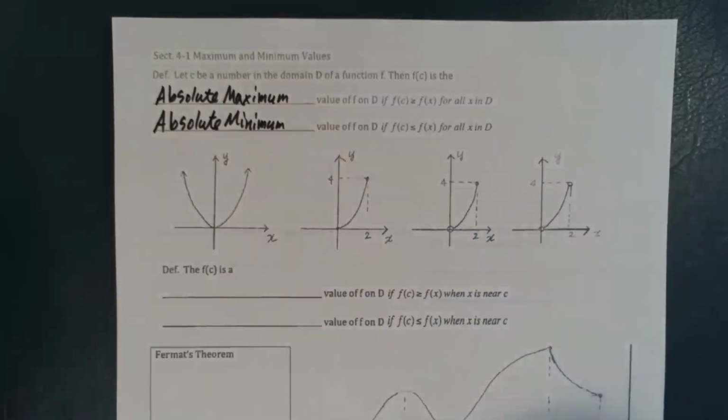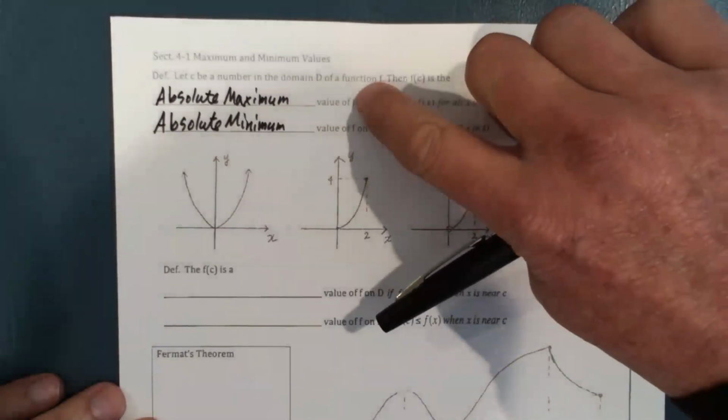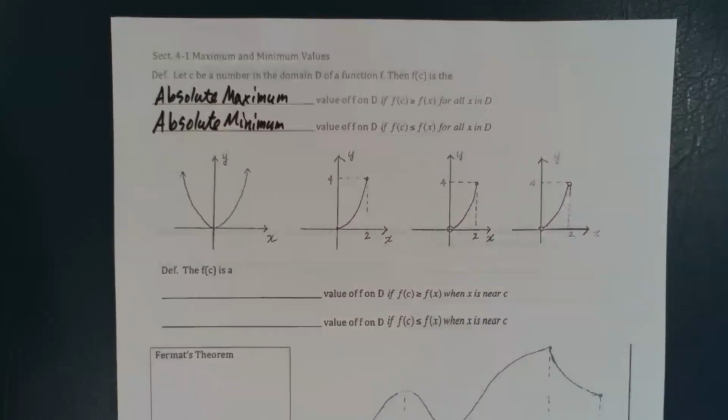The value of f on D, being a disk or the domain value. And when we talk about minimums and maximums, we are talking about y values. So this is the value of f, or f of x, which is y. And so in this case, you can see right here,